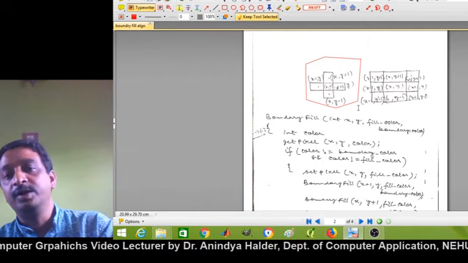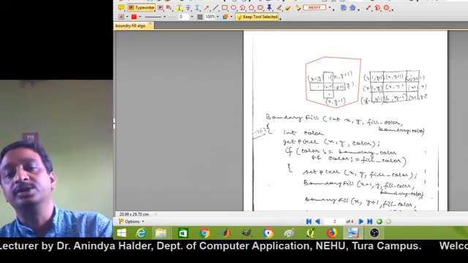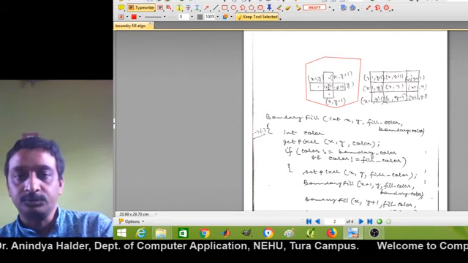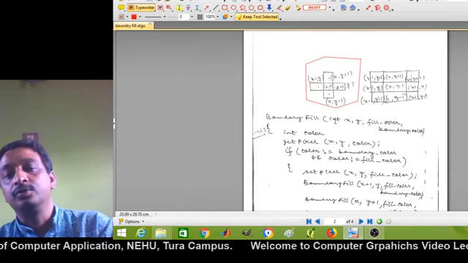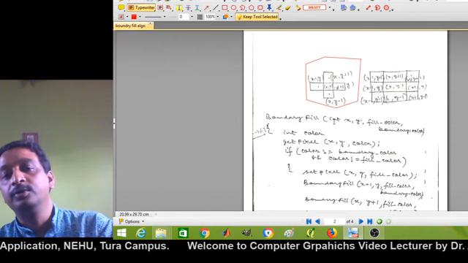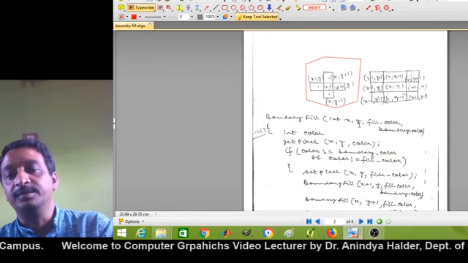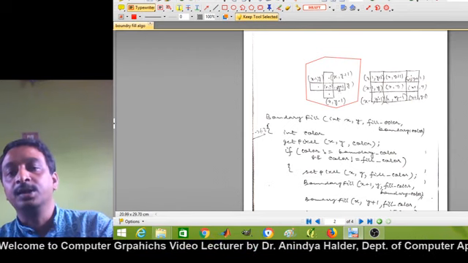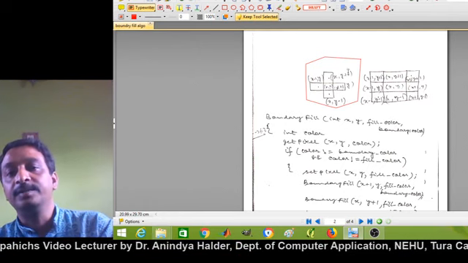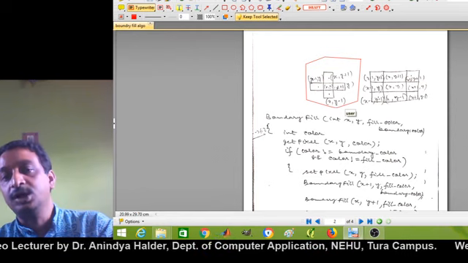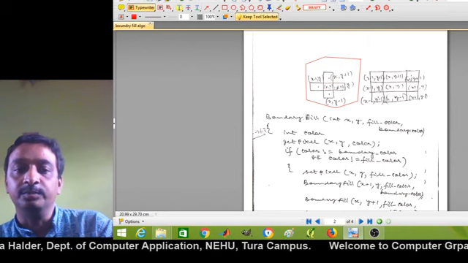So let's now consider the pseudocode of the algorithm. If it is a closed boundary region with a homogeneous color boundary, then we will choose a seed pixel xy. In the boundary fill algorithm we will pass the location of that seed pixel xy, as well as the desired color with which we need to fill the region, that is the fill color, and the color of the boundary region, that is the boundary color.